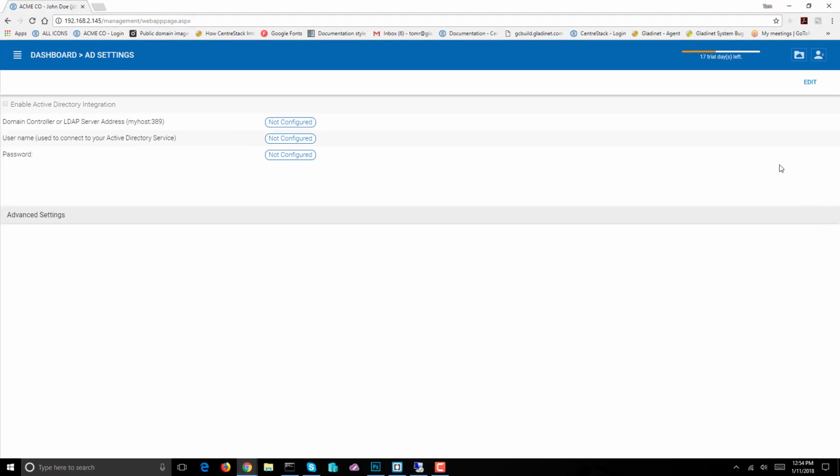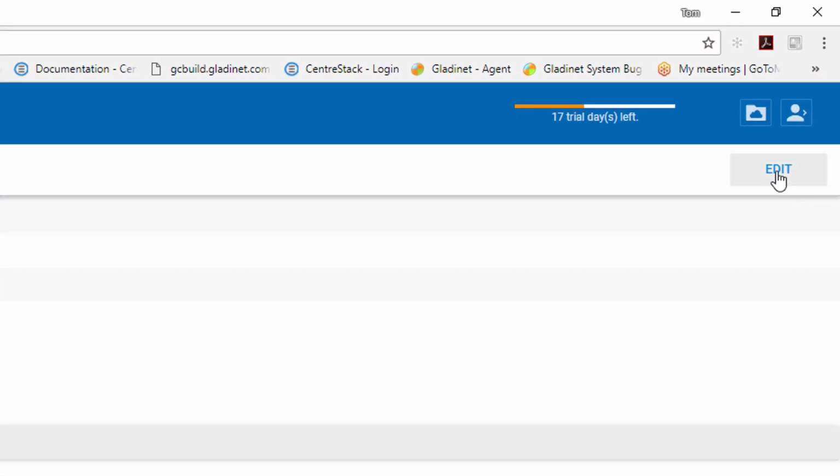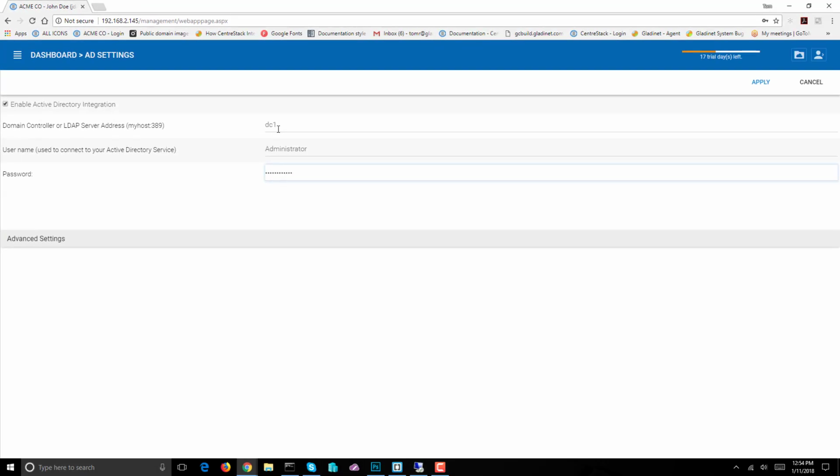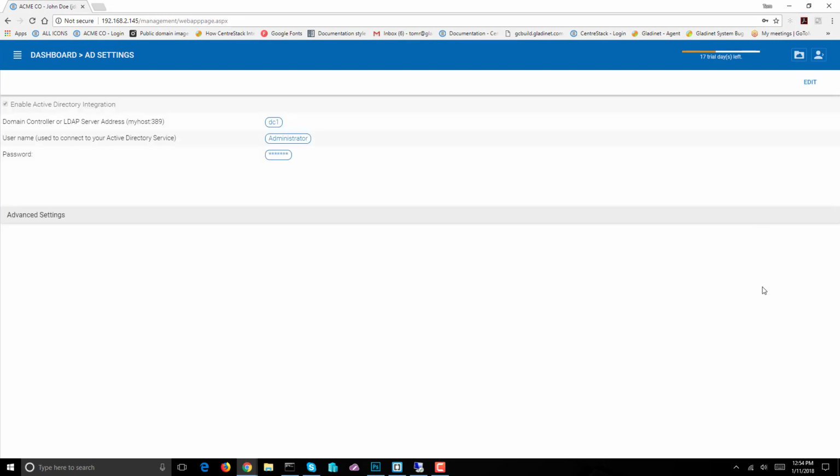And now I need to hit the Edit button on the top right side, which gives me access to the settings. I'm going to enable Active Directory integration, and then type in my local server. This could be an IP address or a domain. I'm going to put the administrator credentials in, so that I can log into that server and get access to the Active Directory. So I hit apply,